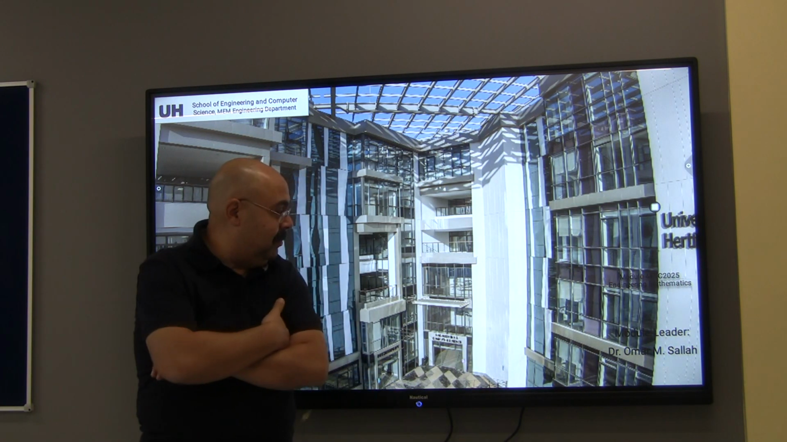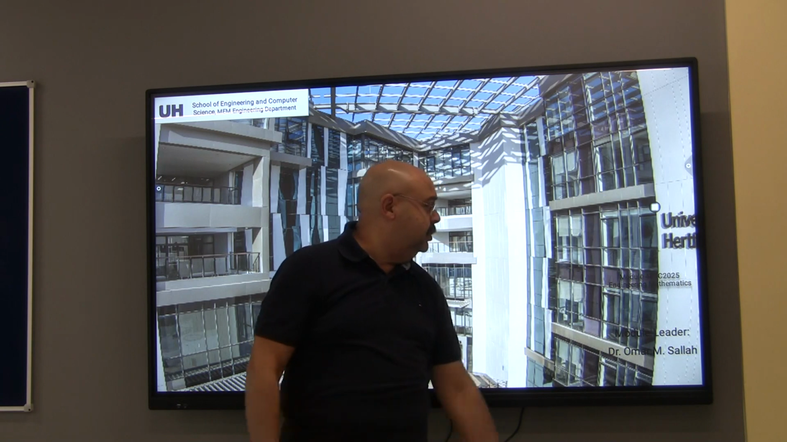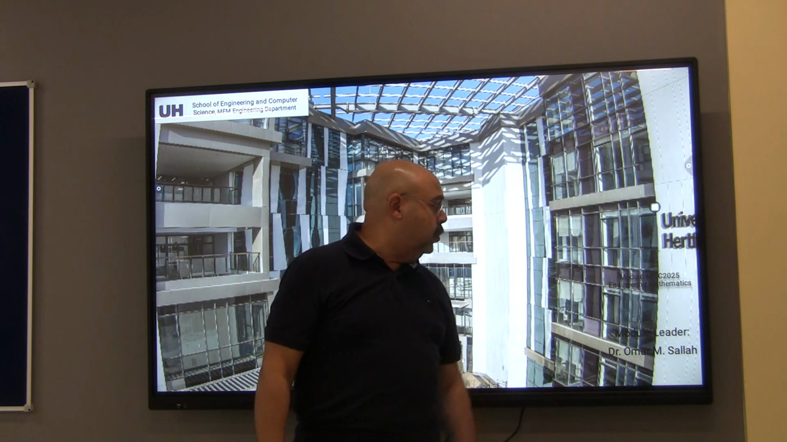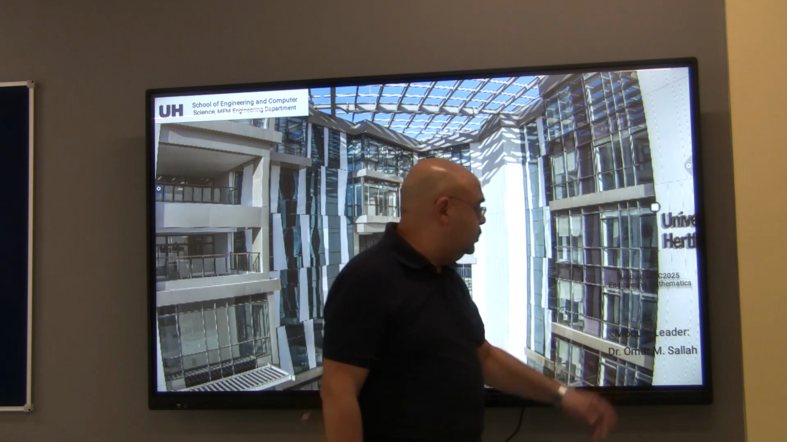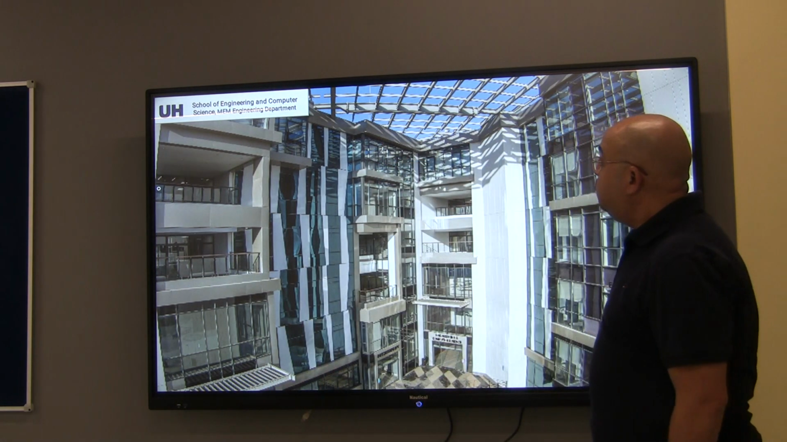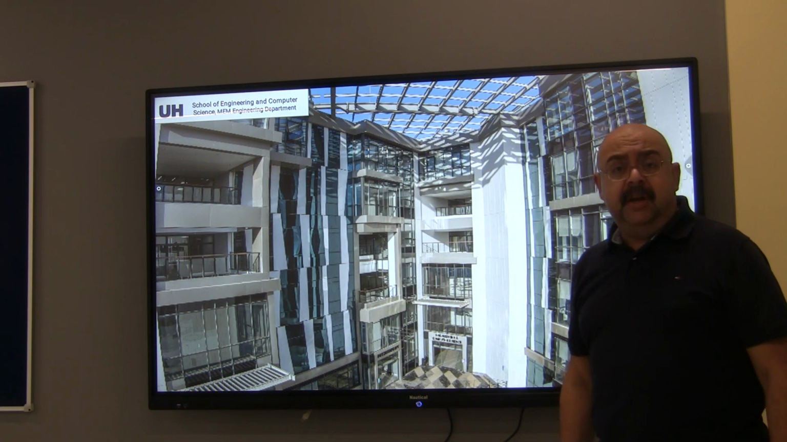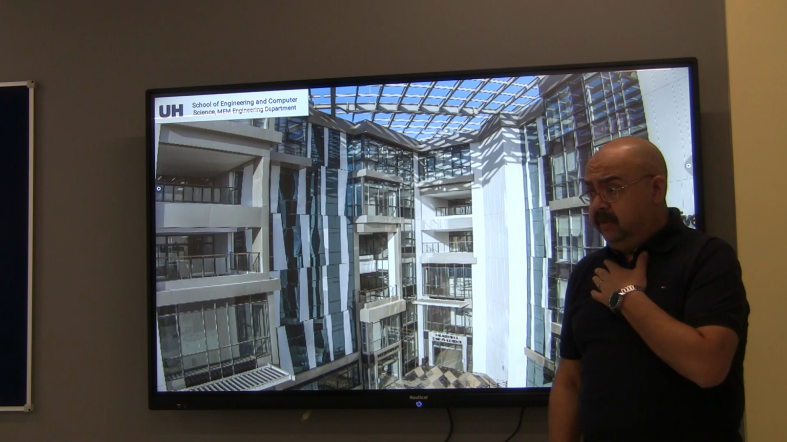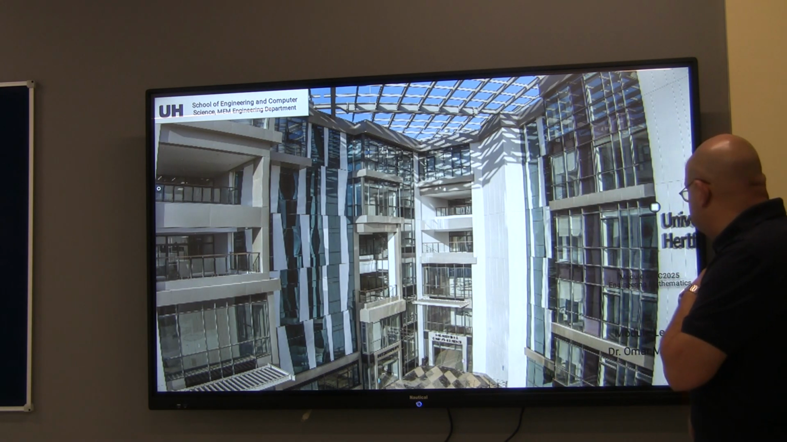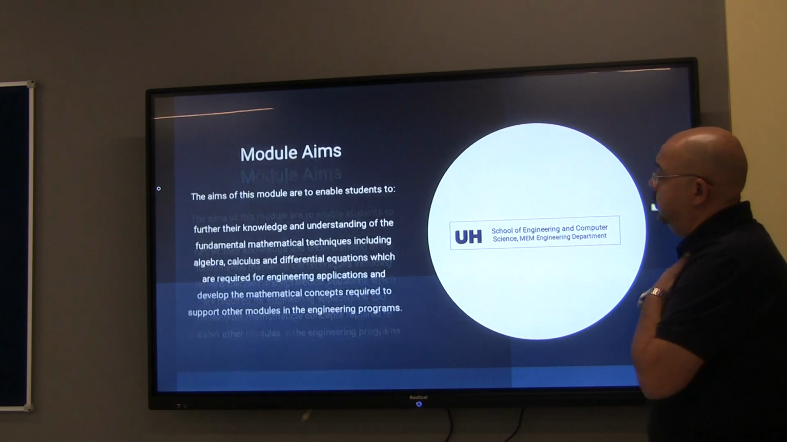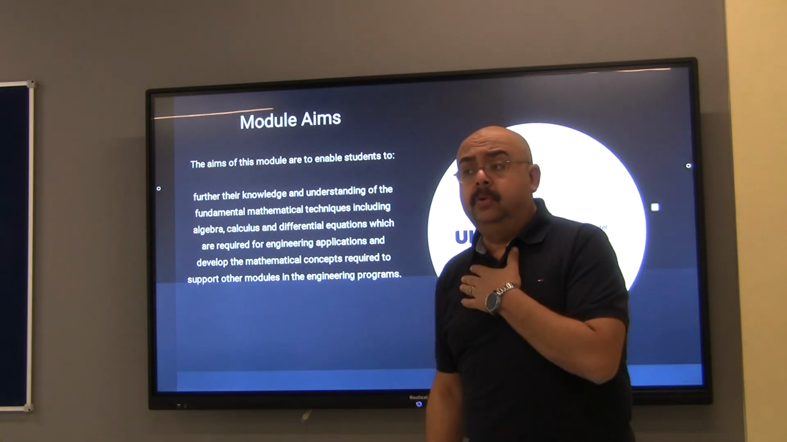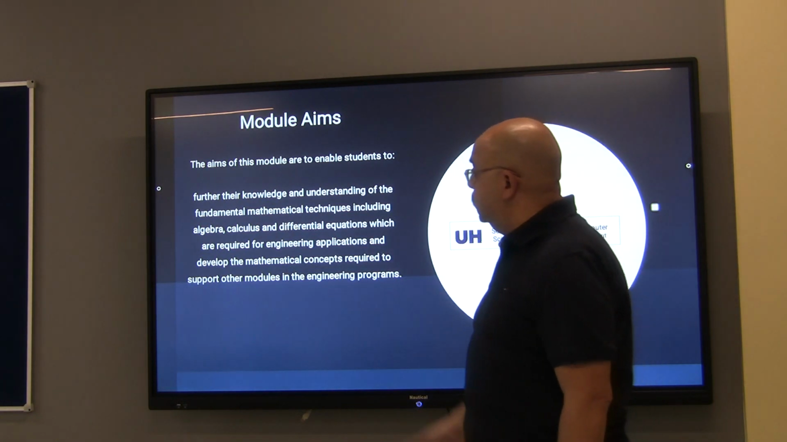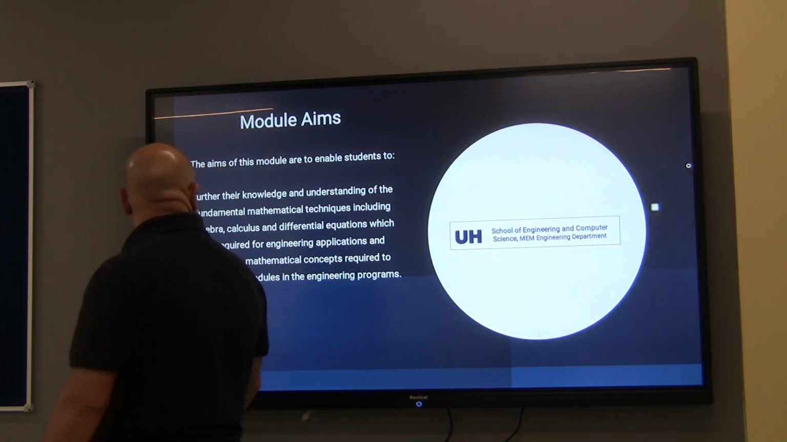I'm Omar Salah. I'm going to be your module leader for the course Engineering Mathematics. The code for this module ends with 25. This is one of the very important modules that you are going to have at level 4. It will help you very much through the other modules, and it's mainly about furthering your information and knowledge